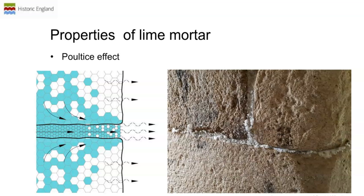And this is the same process that occurs when we use poultices to draw salts or contaminants out of stonework. And it explains why clay is such an effective poultice medium, because it's got a much smaller pore size than the masonry to which it's applied. And it exerts that strong suction effect. But here you can see that suction effect playing out in those mortar joints as water and salts are carried